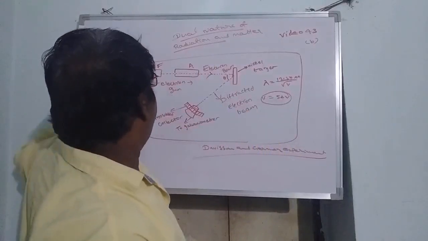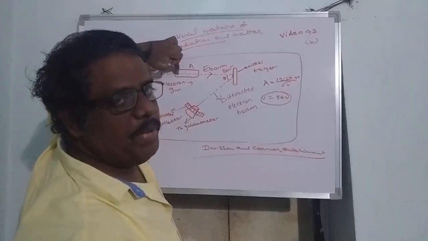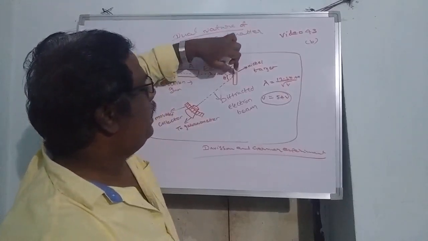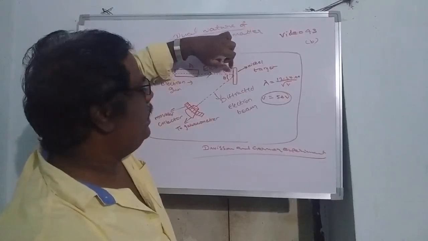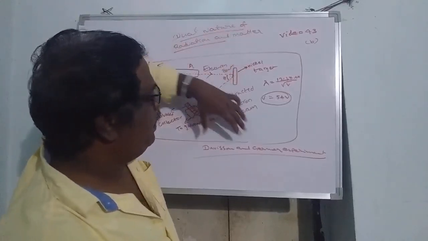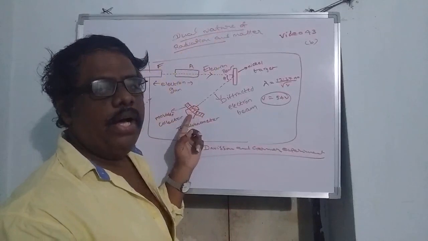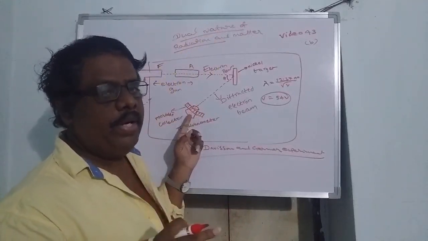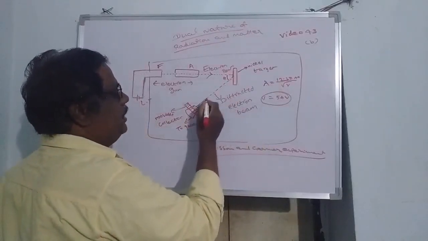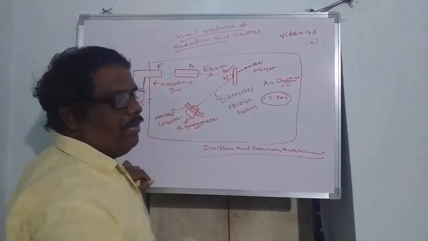So okay, when we give positive potential to this cylinder A, a narrow beam of electrons comes out from this filament, and this electron beam will collide with this nickel target. So when this electron beam hits the nickel target, electrons will be scattered in all different possible directions. So in each direction we can find out the intensity of that electron beam at different angles. So if the number of electrons, that means intensity of the electron beam, increases, the deflection in the galvanometer will also increase.